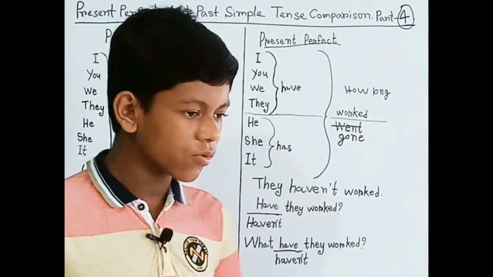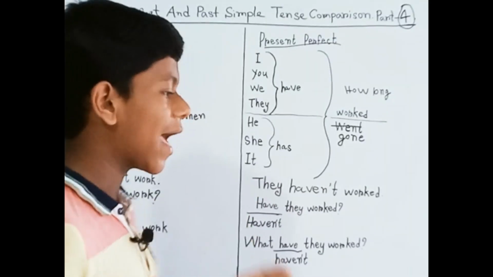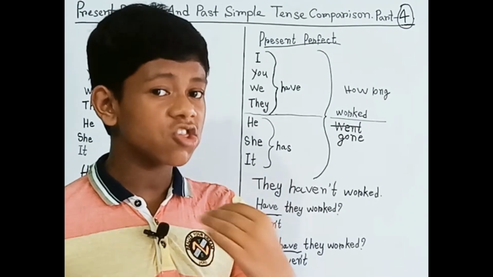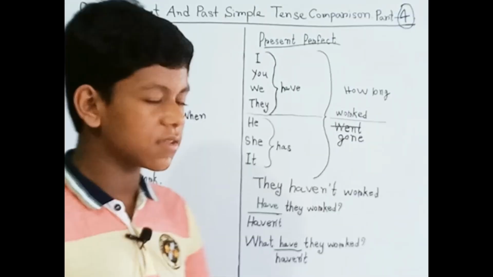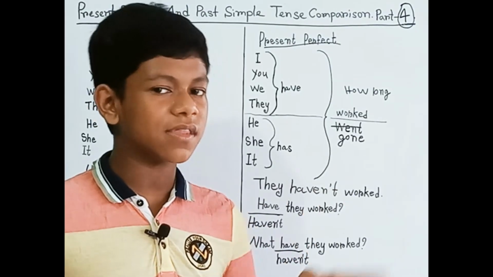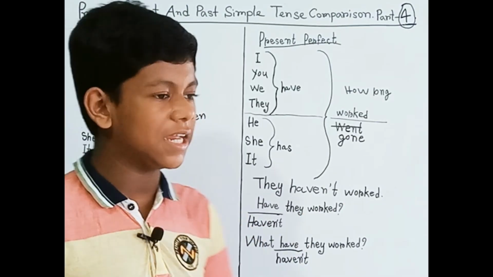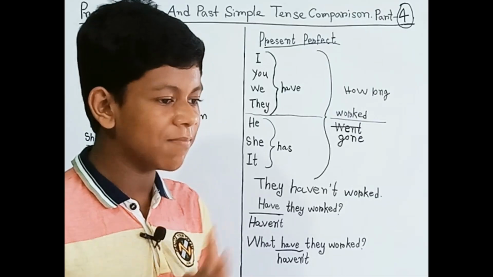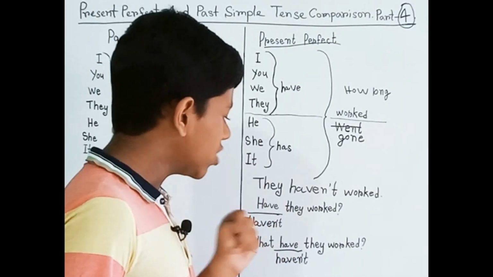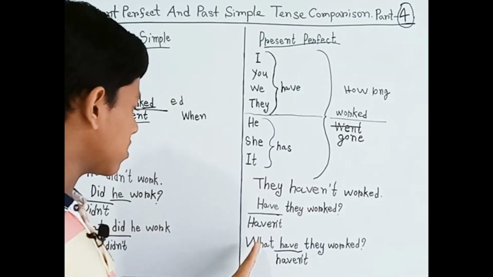Hasn't she worked? We can also say the irregular. Hasn't she gone to school? Hasn't she eaten the breakfast? Can't we say? Of course, we can mix it up with both of them, regular and irregular, because the structure is the same, but regular and irregular verbs are different. Okay? So here we have already guessed this. The next is,